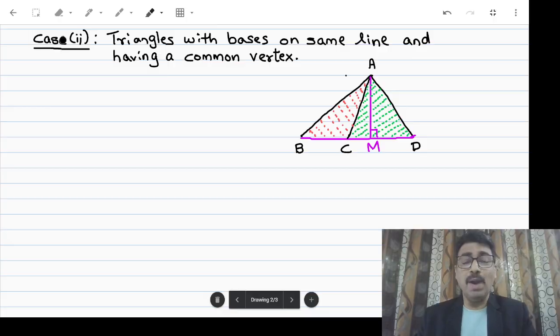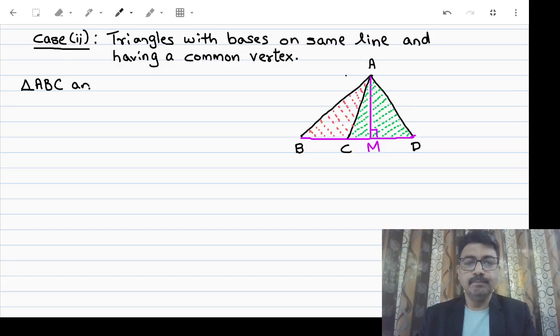So the second case where the triangles will have equal heights is something like this, where the triangles have bases on the same line. The base sides of the two triangles will lie on the same line and they will have a common vertex. Now if you observe the two triangles here, I have shaded them with different colors. So consider triangle ABC and triangle ACD. We see that the bases BC and CD are lying on the same line. So you will have to write down that